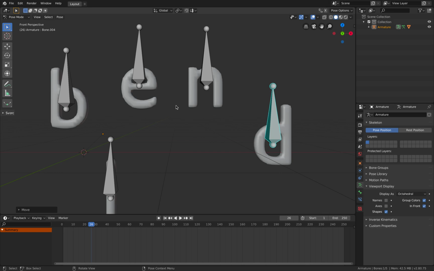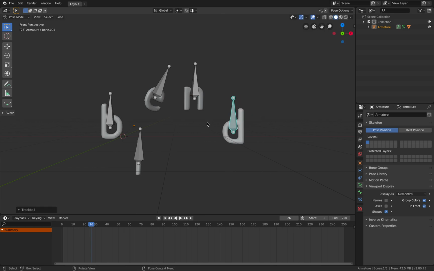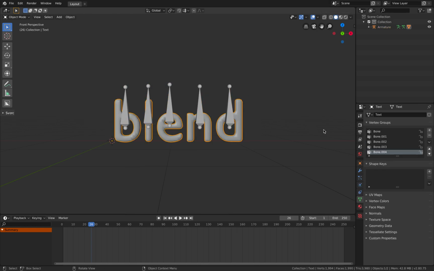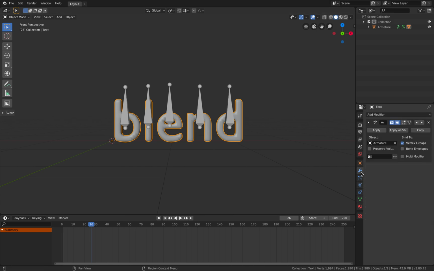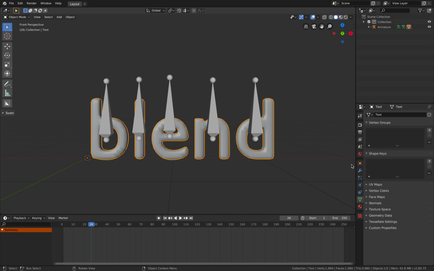So Blender's automatic weighting is doing the job too well, but in some cases the text will not be properly weighted. But if you just want to animate this, it is already ready for you to animate. But I'm going to show you the hard way actually. I'm going to get rid of everything and let's do it manually. It's a little bit weird that I want to show you this, but